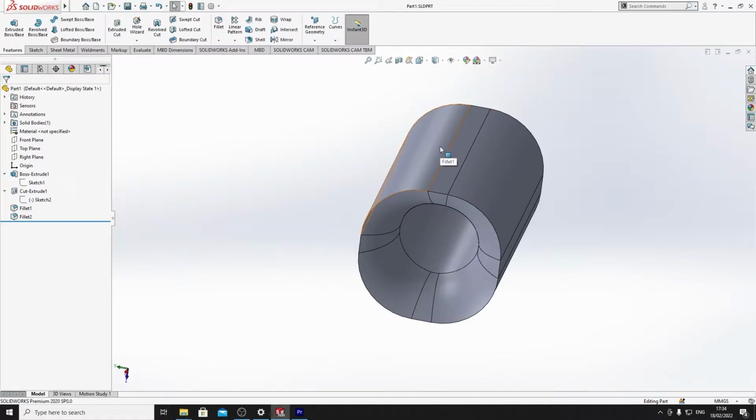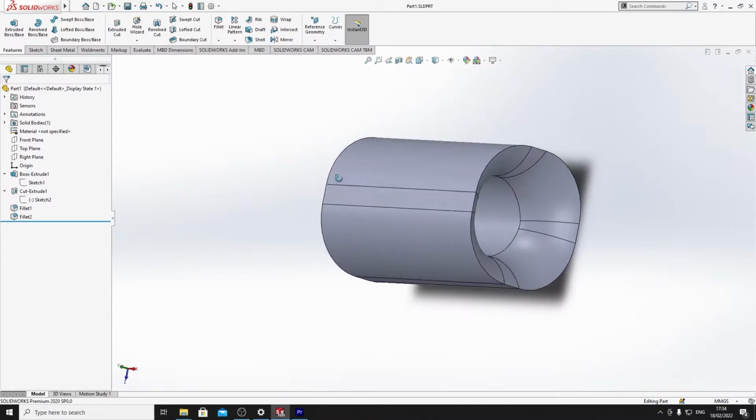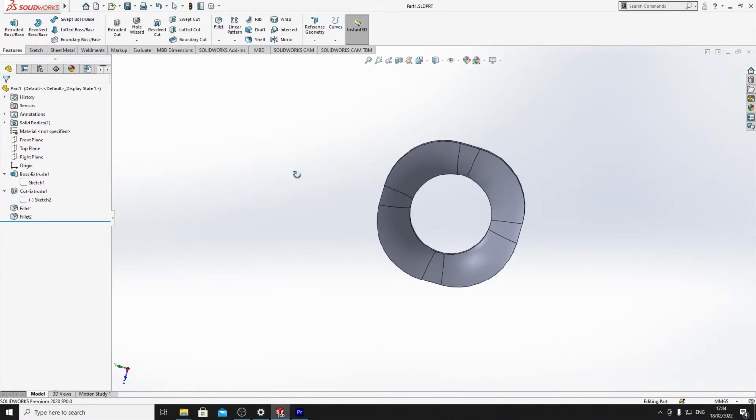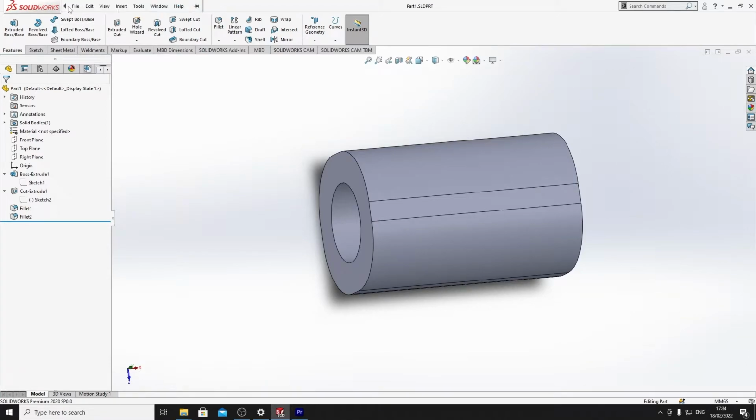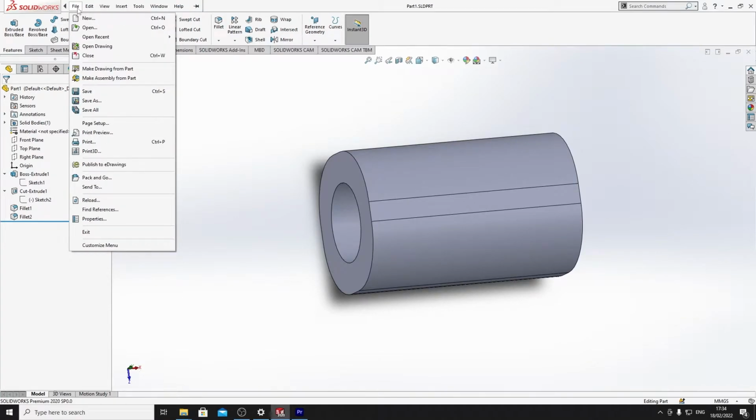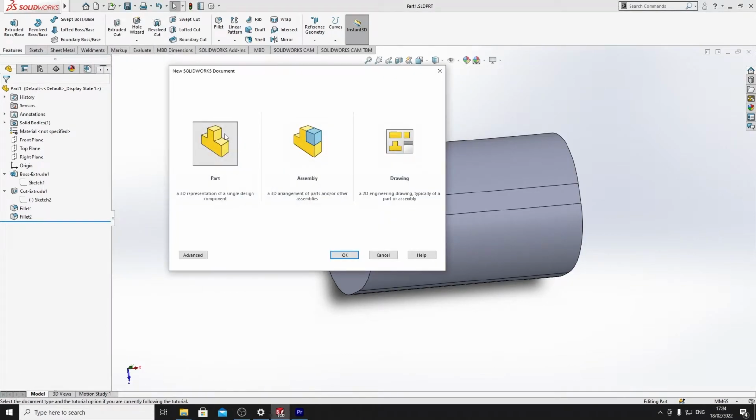Hello. So I wanted to talk about assemblies and how to go about them and just generally work with them within SolidWorks. So I have this shape here, like a tube sort of shape with a circle cut inside, and I want to make a rod so this tube can ride on it. So we say new part,